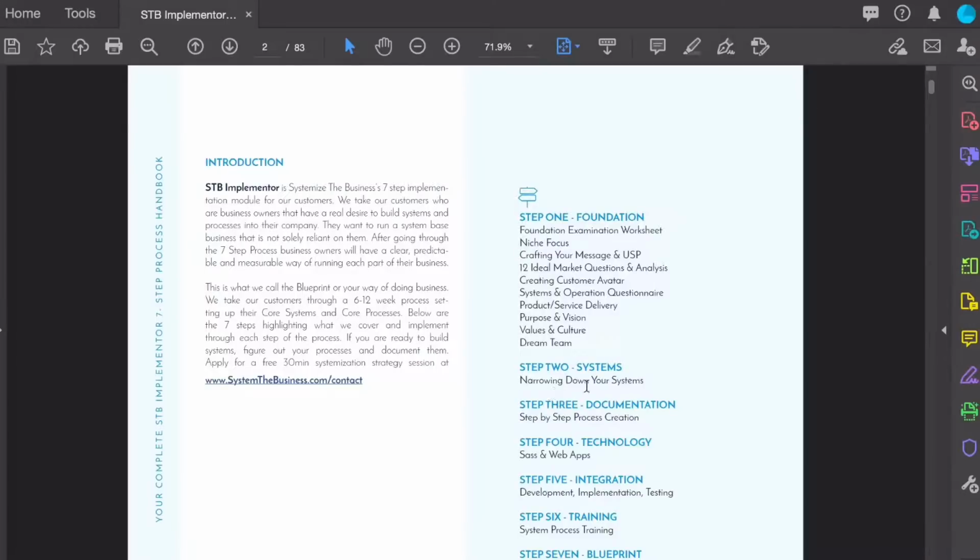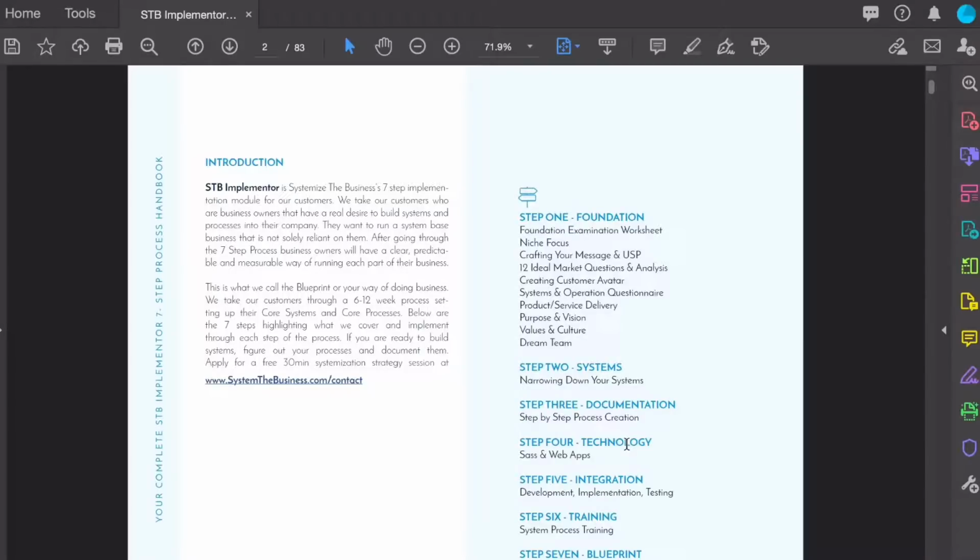And you'll see right here, these modules are one module each all the way down. So after completing step 1, which is the big one, everything else is really tying everything together, using technology and integrating everything. And once you integrate your systems, document all of it using the web application,